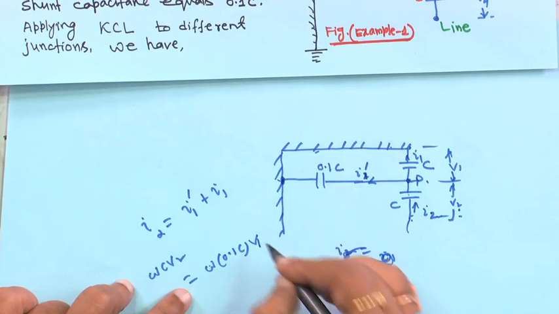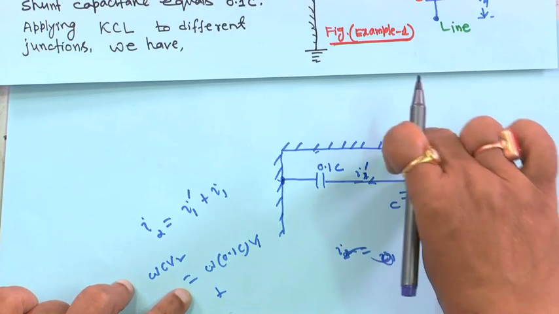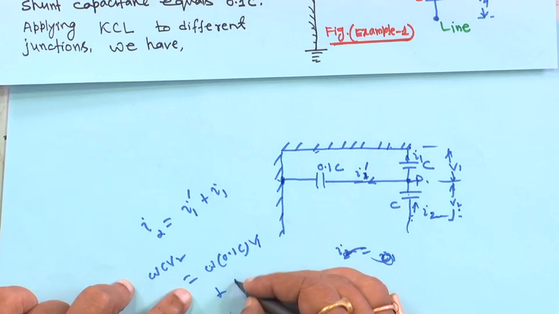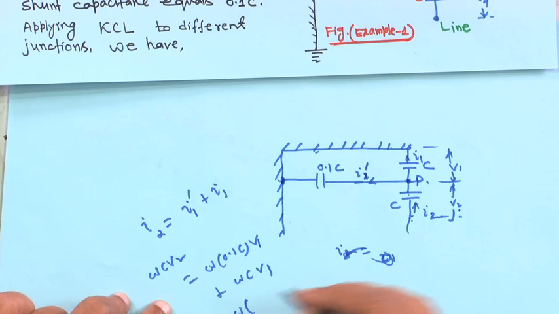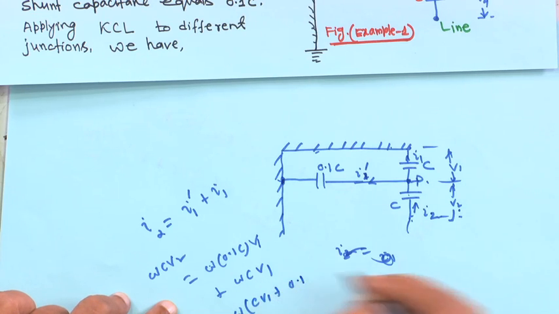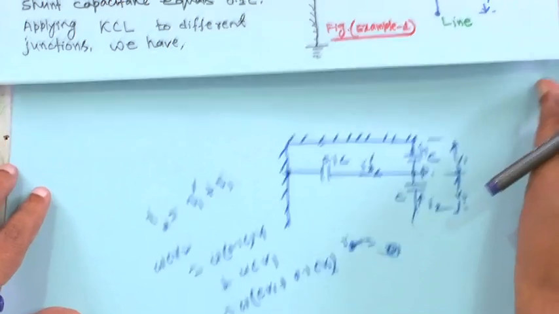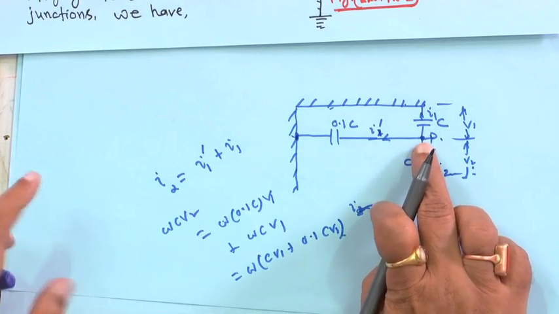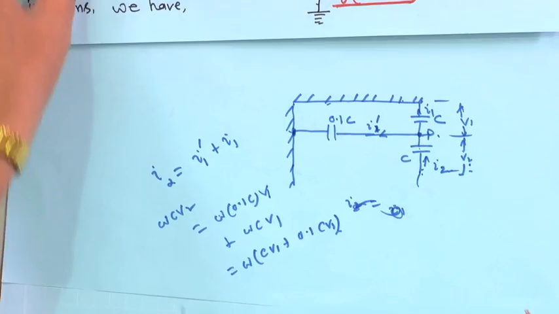So, the voltage across this first unit is V1, so it is omega C V1. If you take omega common, it will be C V1 plus 0.1 C V1, right. Just apply your KCL at every point P, Q, R. So, if you do so,